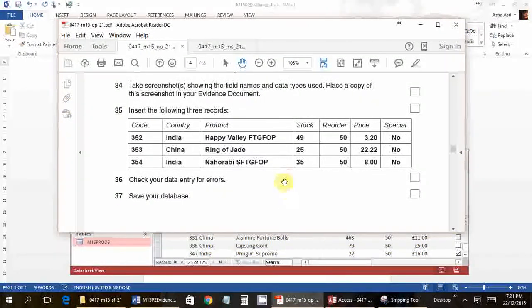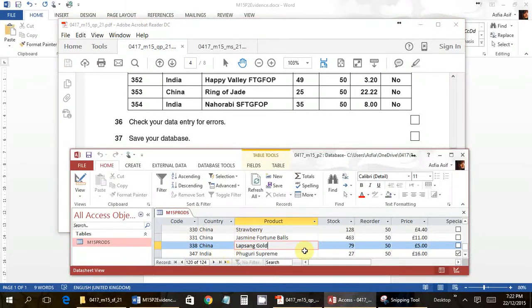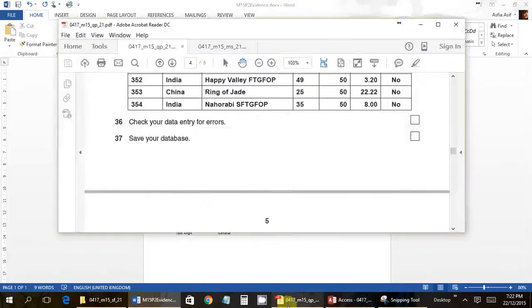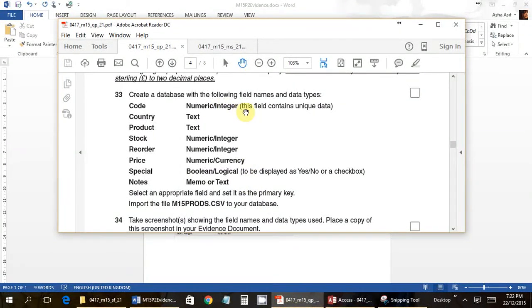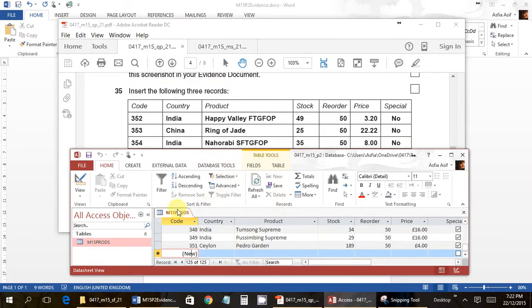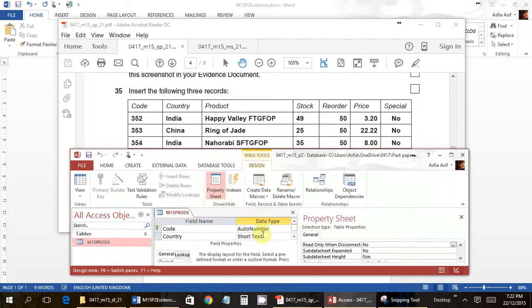Okay. You have 352. So it is an auto number, so it shouldn't give you any problem. But just in case, it's better that you wait. Better that you do not use an auto number, because sometimes you might be asked to enter a number that is not an increment, like 360, so you won't be able to enter it. So what I'm going to do is change this to